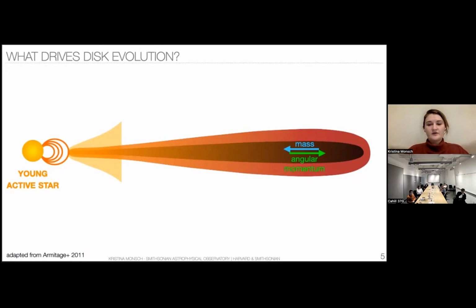At the same time, we have, of course, planets that are forming in the disk, and they will also be altering the surface density structure, at least locally within the disk. And last but not least, the star is continuously irradiating the surrounding disk. This is mostly via UV photons and X-rays, which will heat and ionize the upper layers of the surrounding